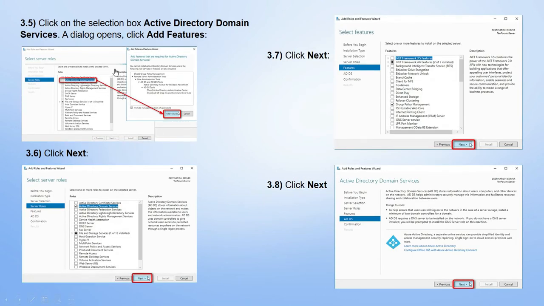After that, click the selection box for Active Directory Domain Services, then a dialog box opens with Add Features. Okay, so here you click, then you will get another dialog box, and you click Add Features, then click Next. Then click Next again, and again, because the feature is activated. Then the AD DS option will be displayed. Here also, to proceed, click Next,